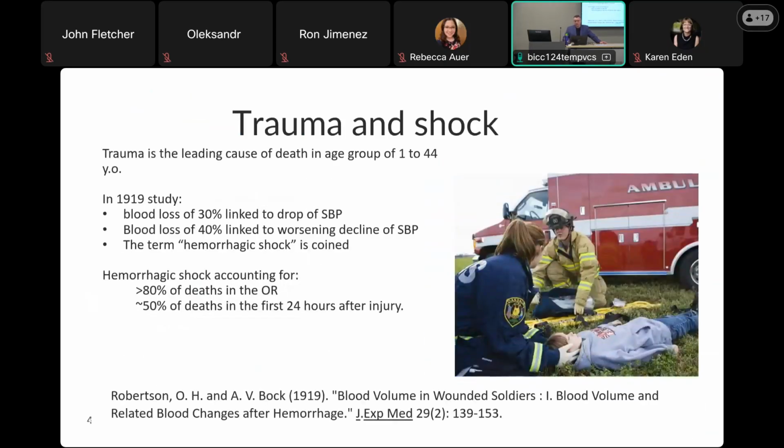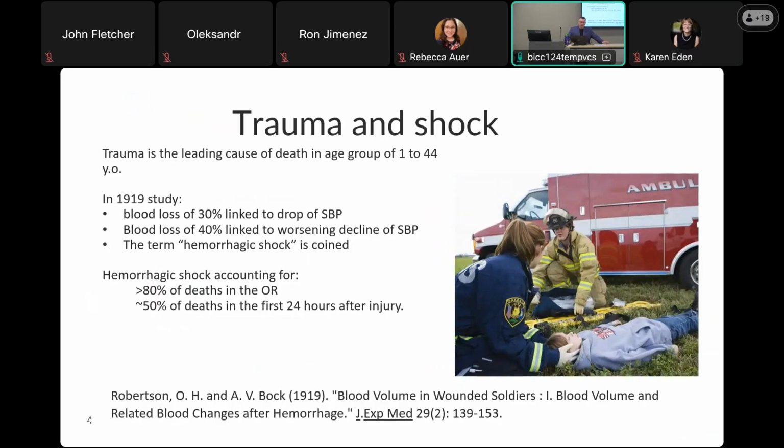I'm going to talk about trauma and shock. So trauma is the leading cause of death for the individuals between ages of 1 and 44 in the United States. And it's also still